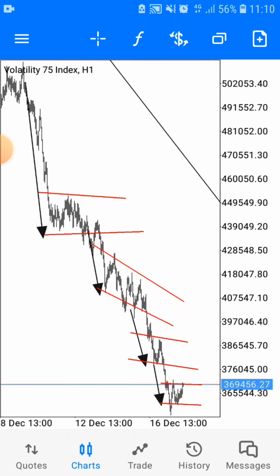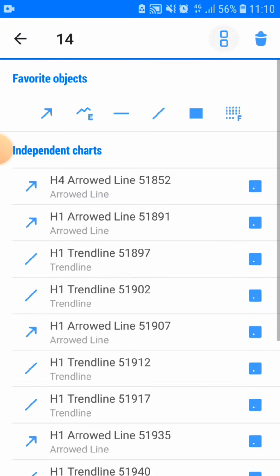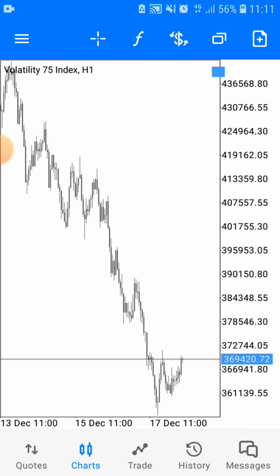Correct. But you have to note this one thing down: it is not as easy as it looks, but with time and enough practice you will get there. You just have to trust the process. So deleting all this mess on the charts, let's mark this zone right here on our corrective phase.